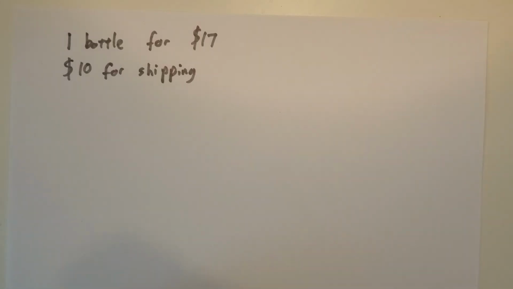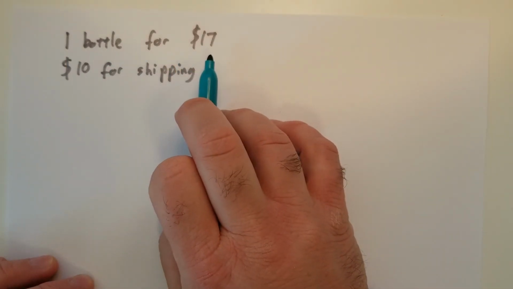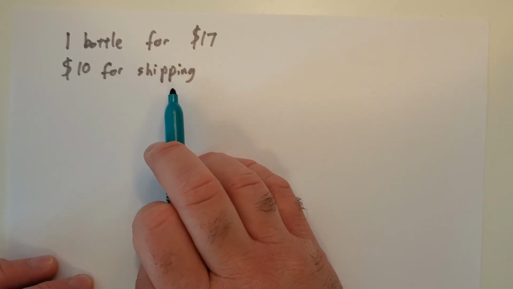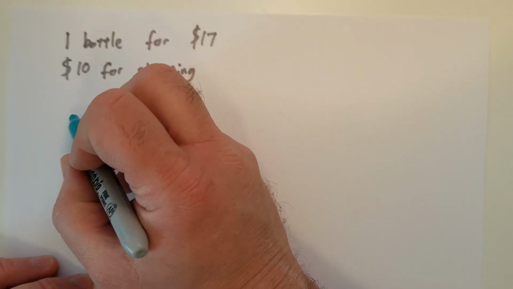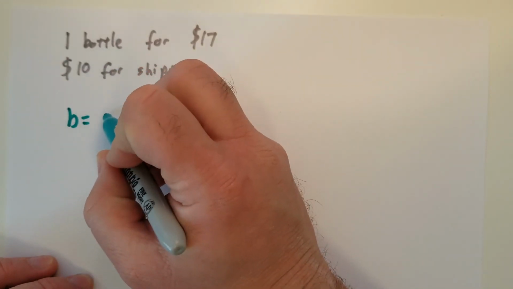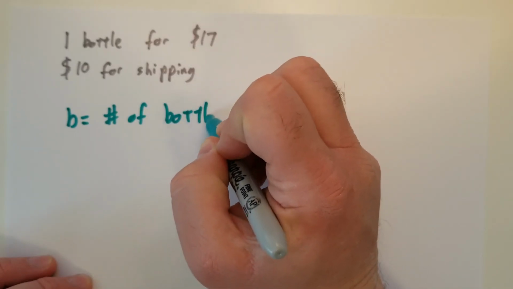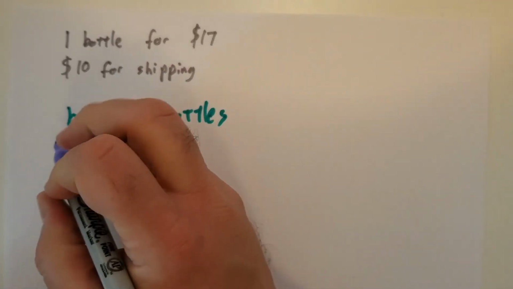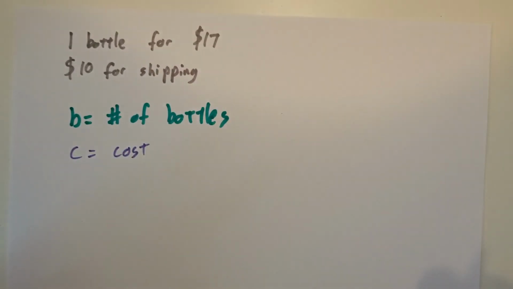So in this example, we have the Borman Creek Hand Sanitizer Company. They sell one bottle of hand sanitizer for $17 on their website, and then they charge $10 for shipping, regardless of how many bottles you buy. So if we're looking to make a relationship between the number of bottles and the cost with shipping,